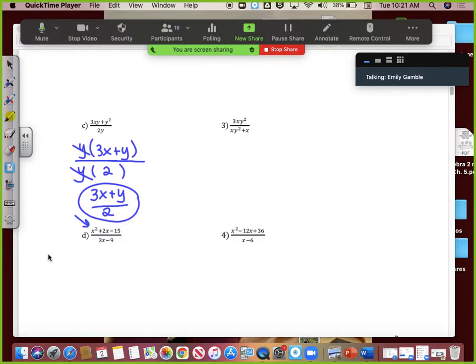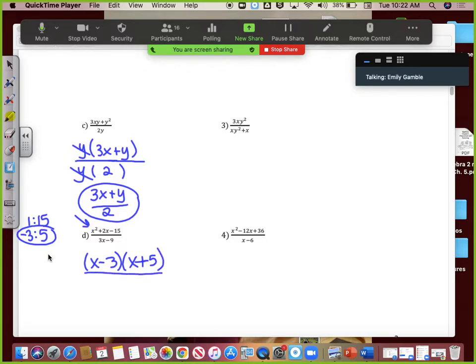and that would be factoring the trinomial, like what multiplies to be negative 15 and at the same time adds to be 2. So what multiplies to be 15, I have 1 and 15, 3 and 5. Since it needs to multiply to being negative 15, I know that one of them has to be negative, one of them has to be positive. So the way to get a 2 from that would be a negative 3 and a positive 5 factor. So x squared plus 2x minus 15 factors to be x minus 3 times x plus 5,